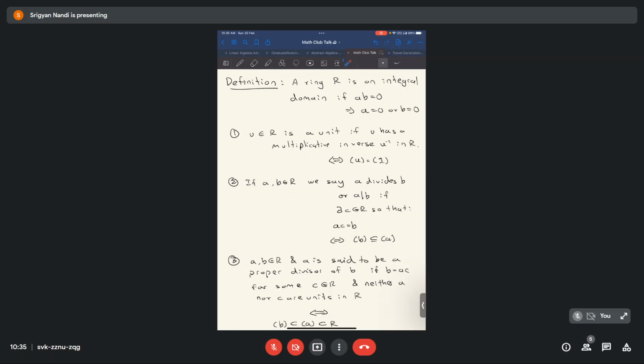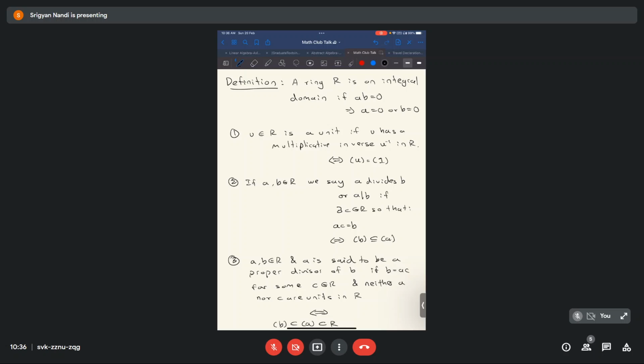So now we move on. An element U of R is called a unit in R if U has a multiplicative inverse, U inverse, in R. This definition of a unit is again important, and we'll see why. We do know that in a ring, not every element has to have a multiplicative inverse, but we now consider the set of all elements that do have a multiplicative inverse in R, and we call them the units of R. What is important about these units is